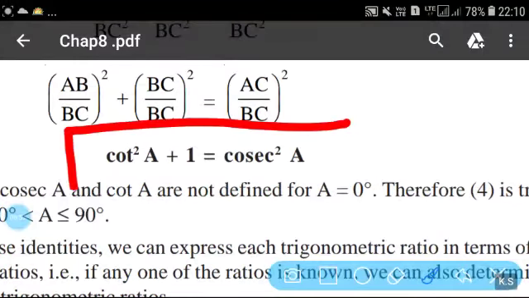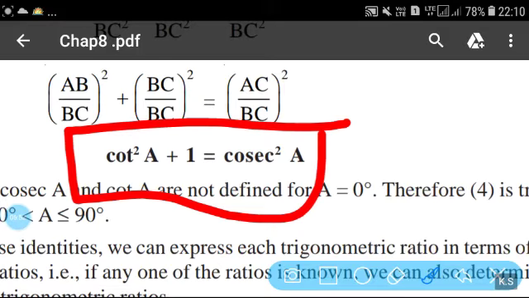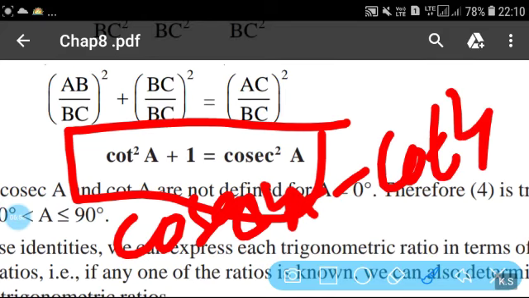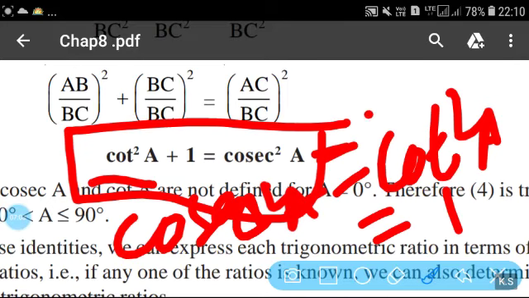So this is our another identity, and you can write cosec square A minus cot square A is equal to 1, or cot square A is equal to cosec square A minus 1. Now using all these properties we will solve problems, and we will start our problems in the next class. Here you have seen that with one formula we are getting four or five formulas. So in the next class we will solve all the problems related to it. So this much for this class, and the rest in the next class. Till then, have a good day.